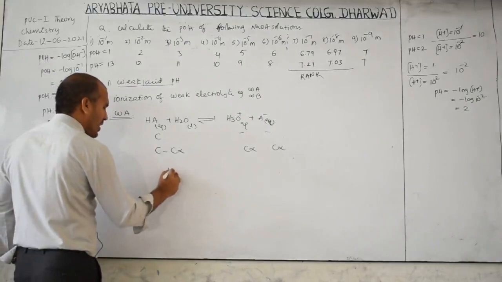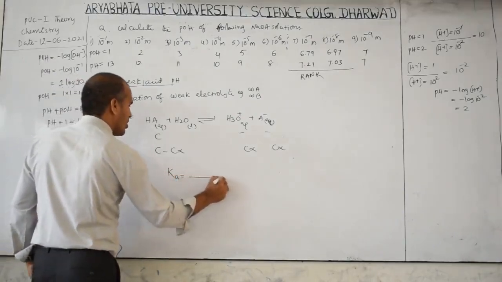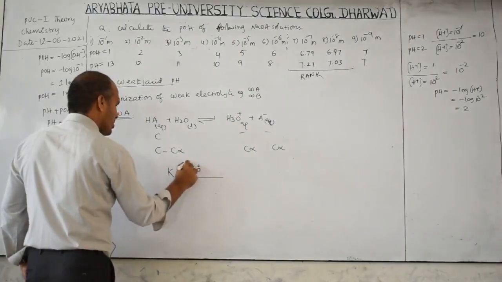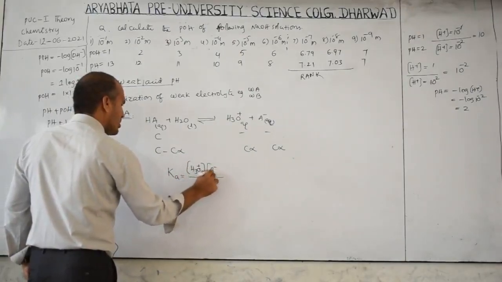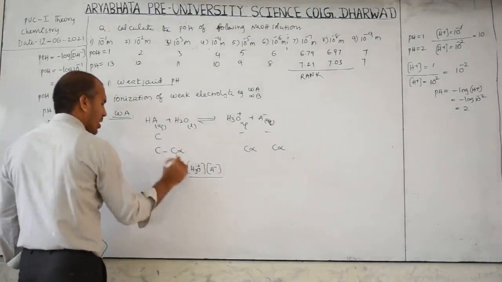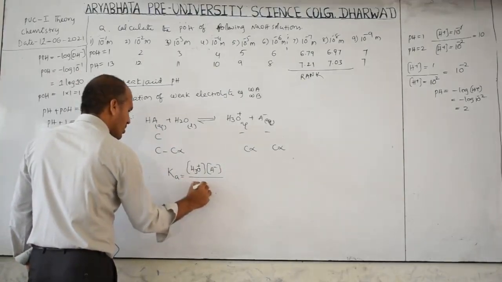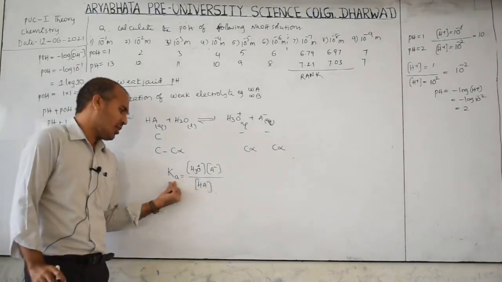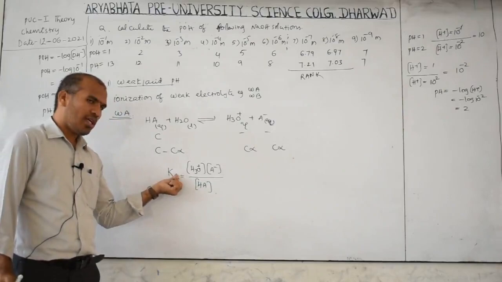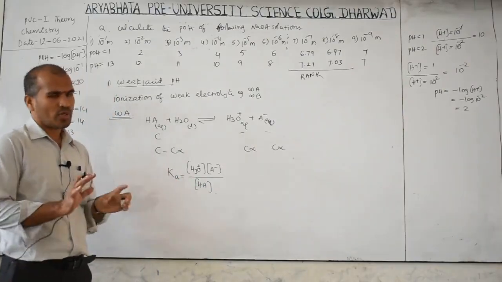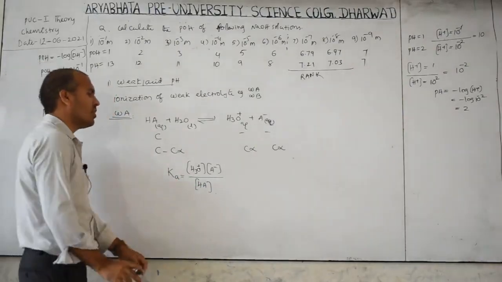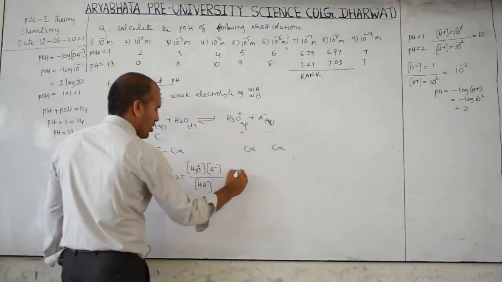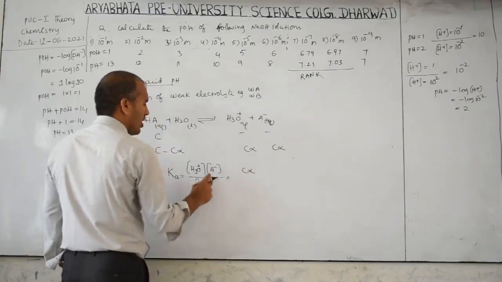Now we can write the acid dissociation constant is equal to product by reactant. The product is H3O+ concentration and A- concentration. The denominator is HA concentration, and we are not representing the H2O liquid. If you represent and multiply here, actually that time we have to write K into H2O concentration, totally that is Ka only represented. And this H+ ion concentration or H3O+ ion concentration, C alpha, this should be